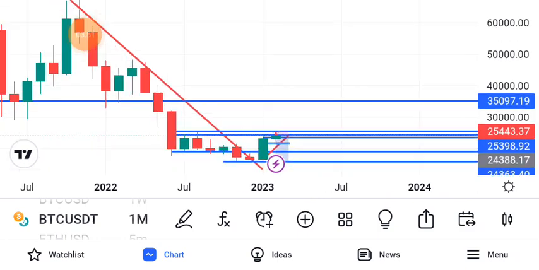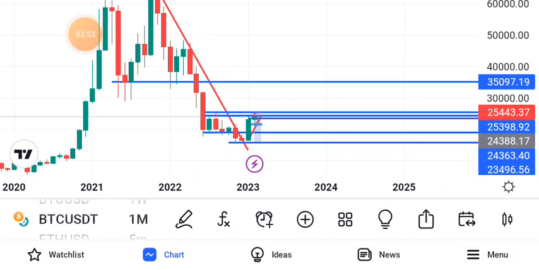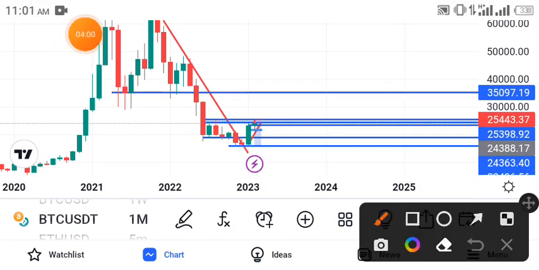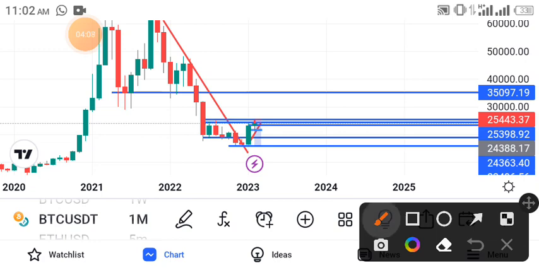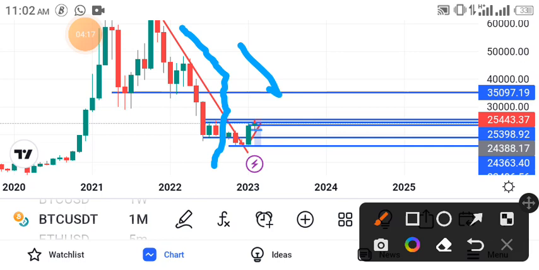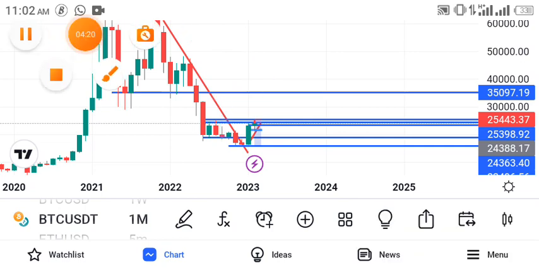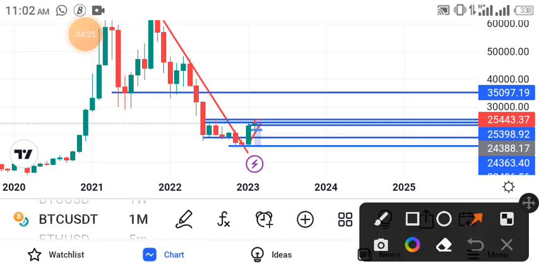As you can see, the market was going down and it created a low. I'm sorry, guys. Let me look for a nice spot. So the market was going down and it created a low,